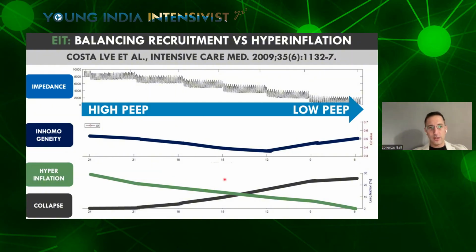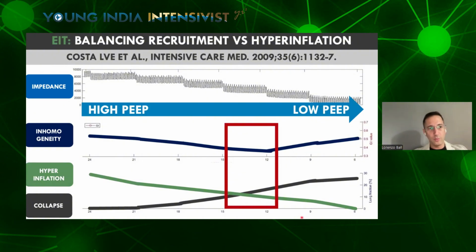It is not yet demonstrated by large trials, but it's very intuitive that we probably want to set the PEEP around these values. We want to balance between hyperinflation and collapse. Several protocols have been proposed, most of which suggest finding the intersection between the decreasing hyperinflation and the increasing collapse, and setting the PEEP 2 centimeters above the crossing point to find the best compromise between collapse and hyperinflation.